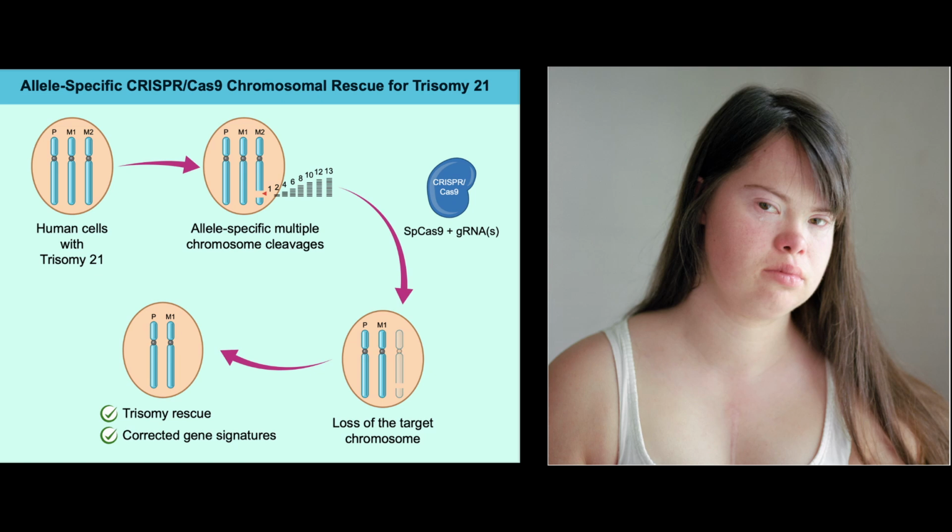So to bring it all together, what's the biggest takeaway from this deep dive? The major breakthrough here is that we now have a very clear demonstration that it's possible to efficiently use this allele-specific CRISPR-Cas9 to eliminate